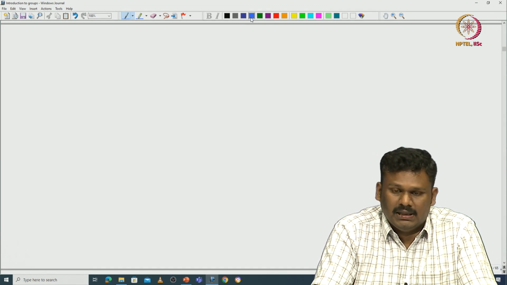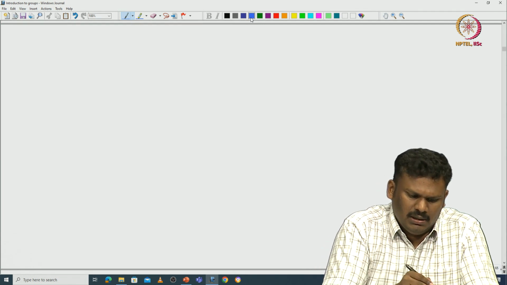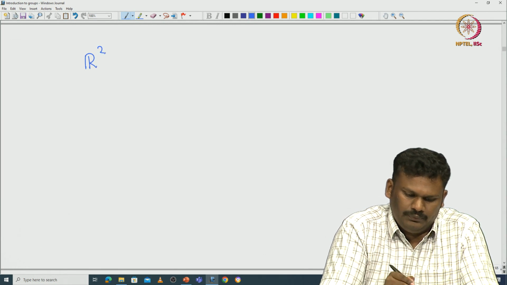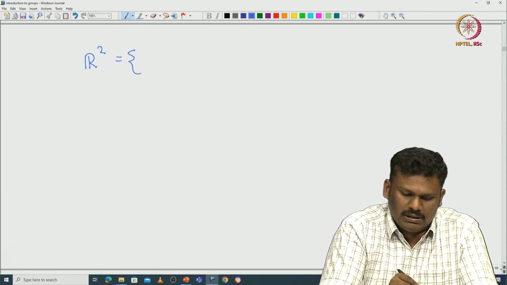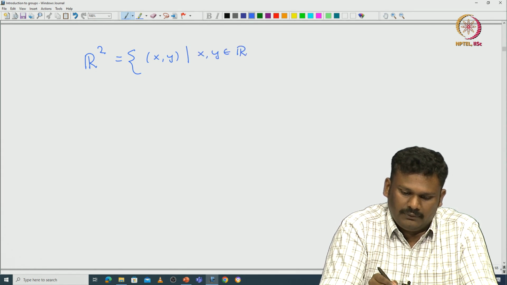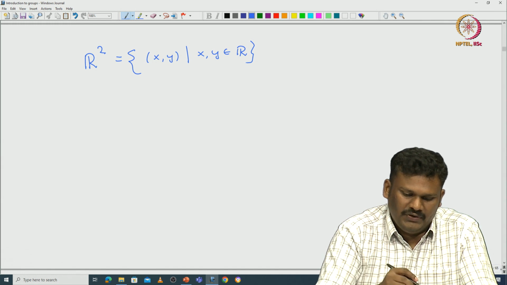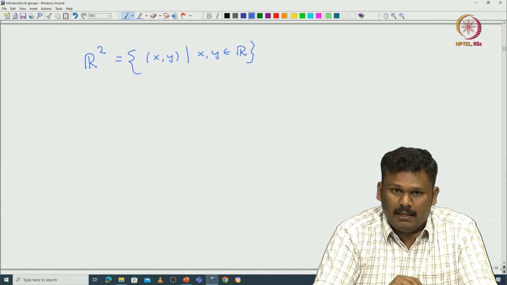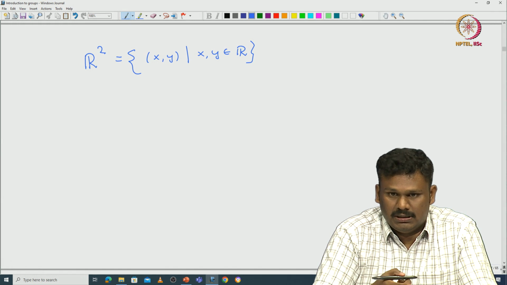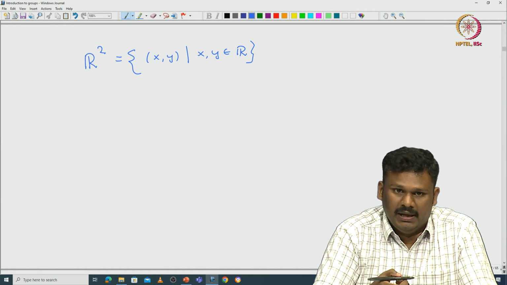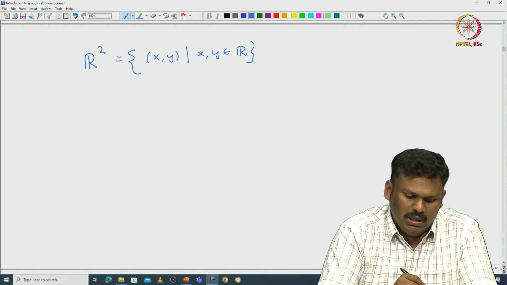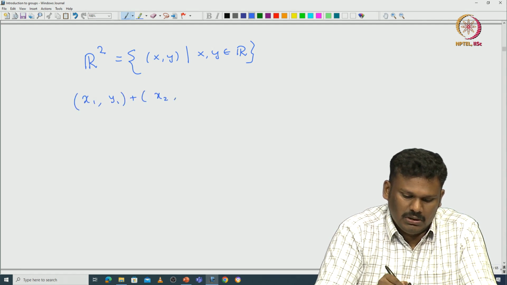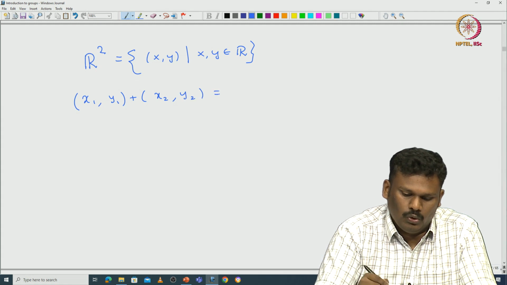For example, let us stick with very particular examples of vector space. We can take R2. R2 is the collection of tuples (x, y), where x and y are coming from R. On this R2 we can define pointwise addition, and scalar multiplication is again pointwise scalar multiplication, that makes this R2 into a vector space. But if you take just this addition to be pointwise, that also actually gives you a group.